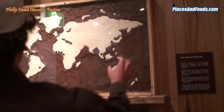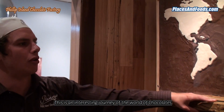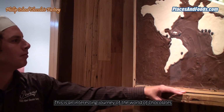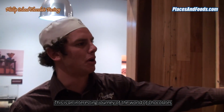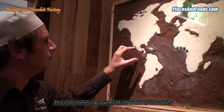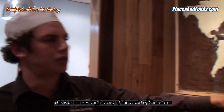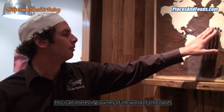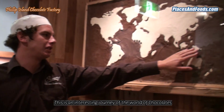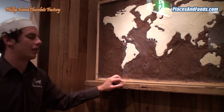This is our chocolate map here. All these little dots show where cocoa is grown around the world, the main exporters anyway. It's basically 18 degrees from the equator on either side. If you draw a line through there, somewhere around there's the equator. West Africa produces three-quarters of the world's cocoa. 75% comes from there. Another big producer is in these areas here in New Guinea and Indonesia, South America,